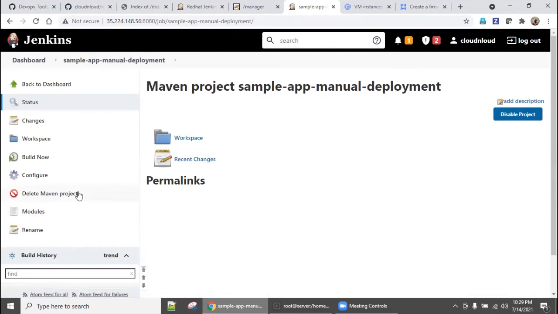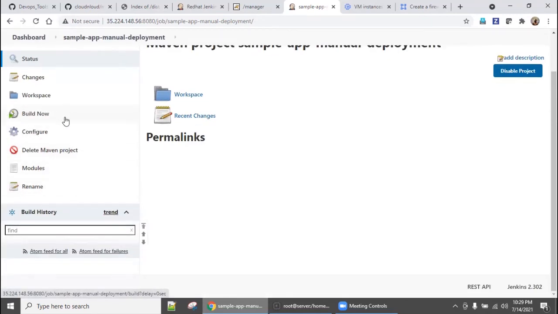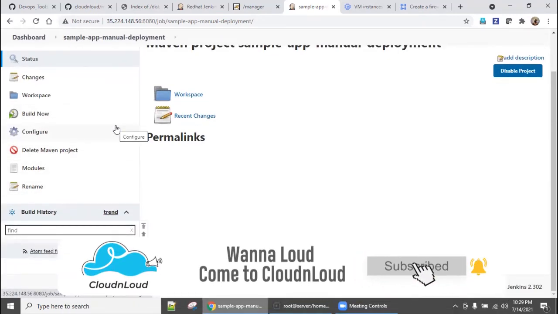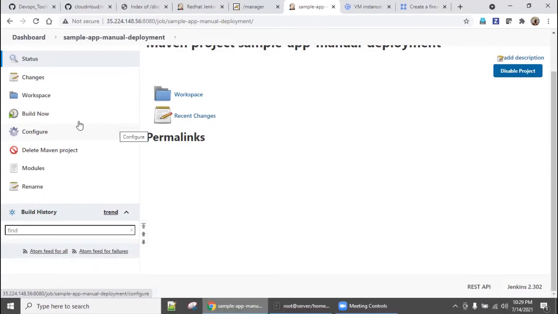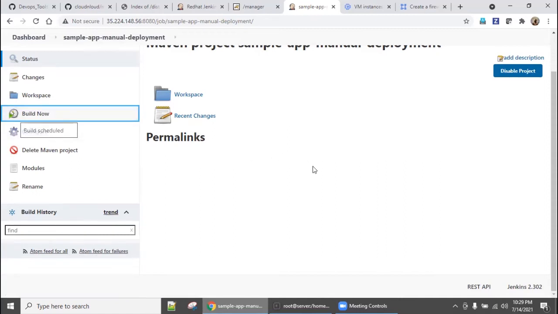So now I am going to say Build Now. This is manual, but in CI/CD it will be automated, right? But right now, as in previous trainings also, I prefer to first go with manual car driving, then automatic car driving. If you know manual car driving, then learning automatic car driving is very easy. You know what to do, even if you get stuck, because you know manual, right? So click this Build Now.